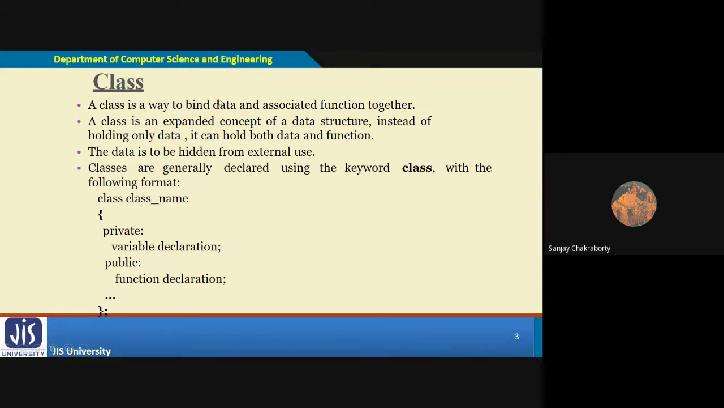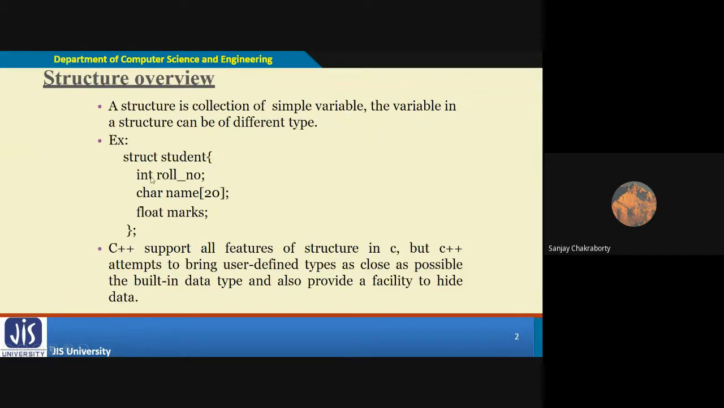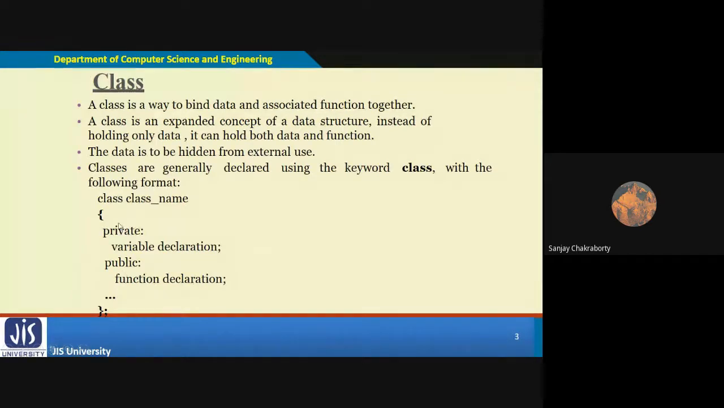So class members are generally 2 types. These are called members. Just as here we have structure members, in the same way these are class members, right? So class members are generally 2 types. One is the data variables, integer, float, array, whatever you say, and the second one is associated functions or methods,